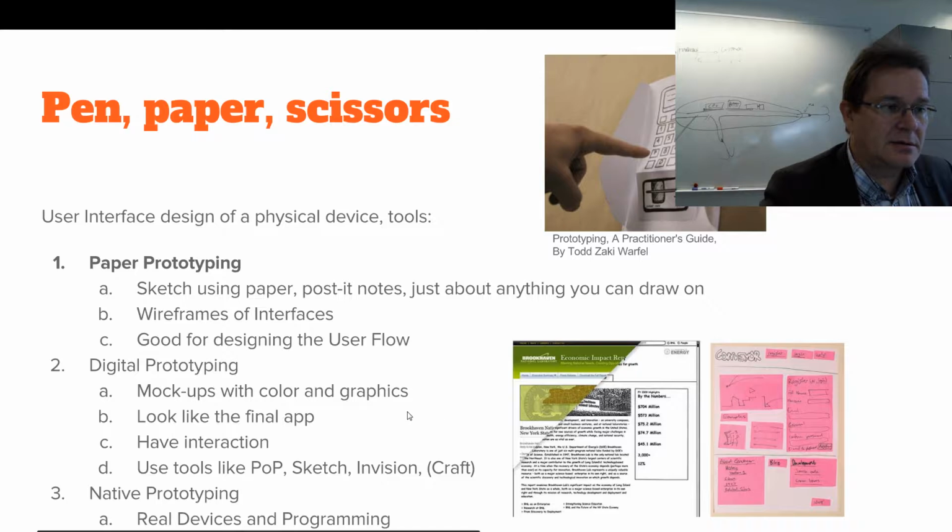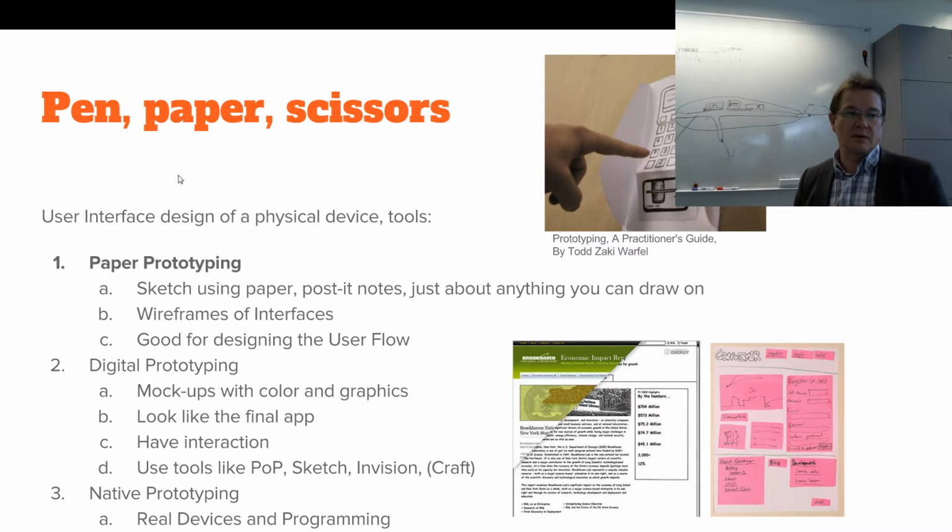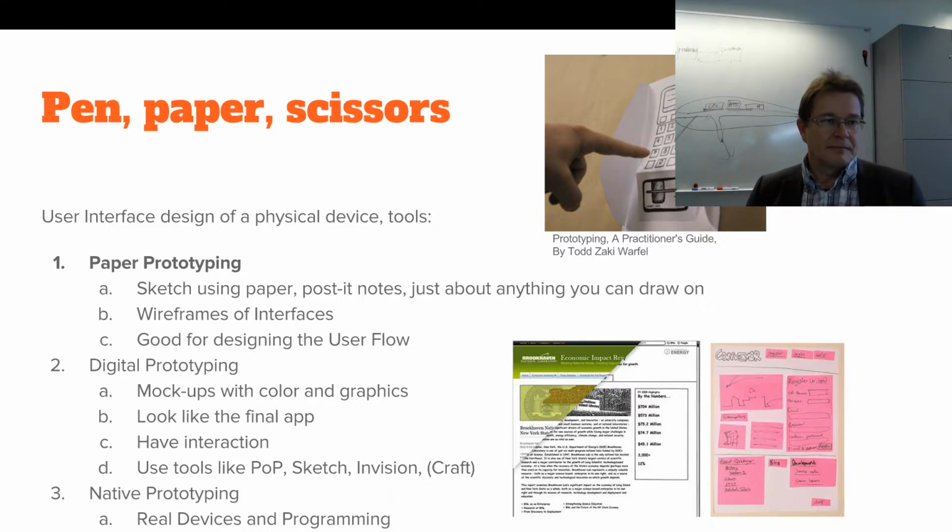Okay, and then basically the same thing, but with digital prototyping. So basically, then we go into mock-ups and using general graphic tools like Paint, for example, just to show what it looks like. And with the digital, you can actually have the real feeling of the final product there. The final